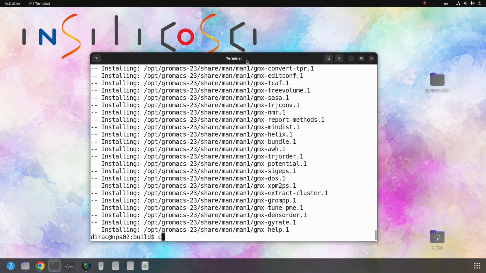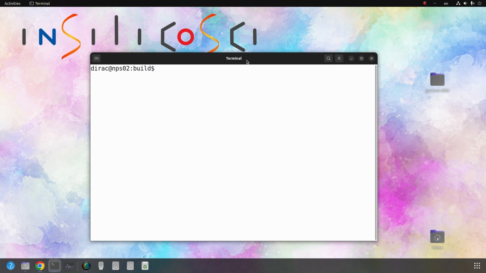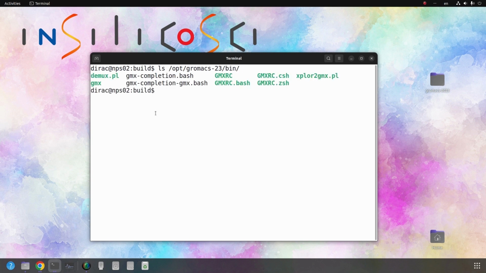So first, let's check where the binary file is. /opt/gromacs/bin. Here you can see that we have the gmx file, which is the main GROMACS binary file. And now all you have to do is to source this GMXRC.bash file in your bashrc file. So let's do it.